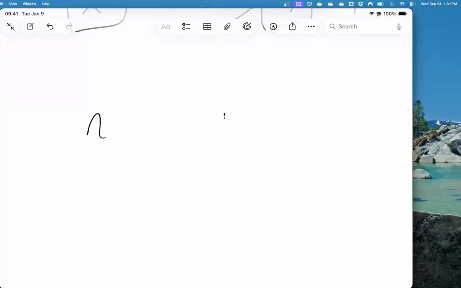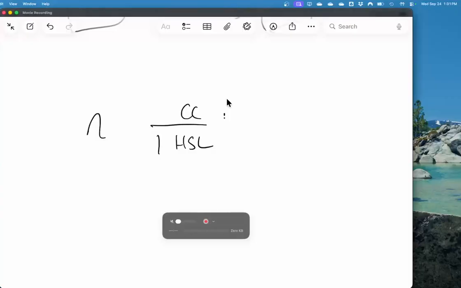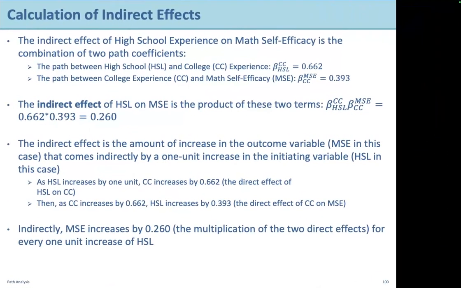The way we were thinking about it is this. We know that for every 1 unit of HSL, CC would go up by 0.662, right? And really, we want to multiply that through, knowing that for every HSL here,